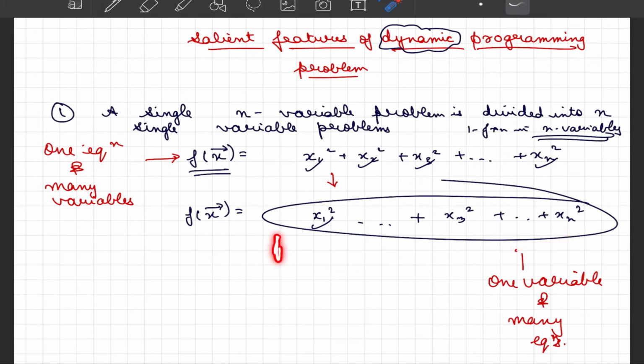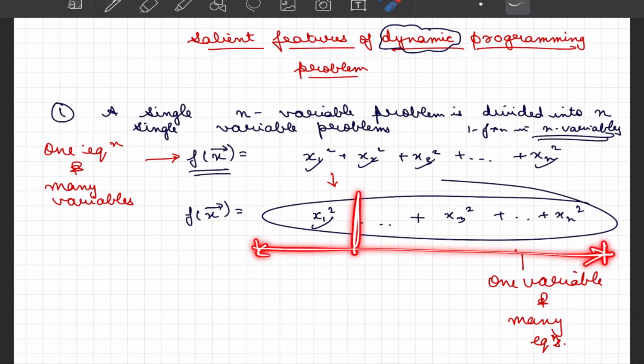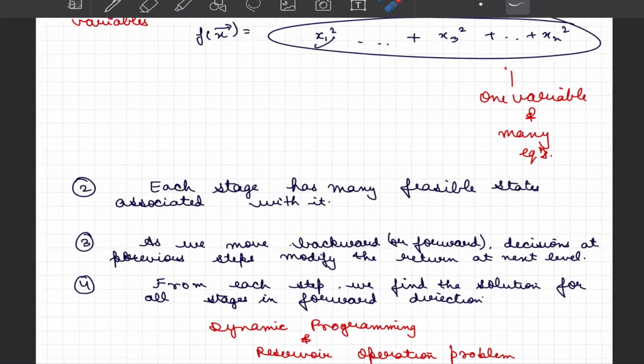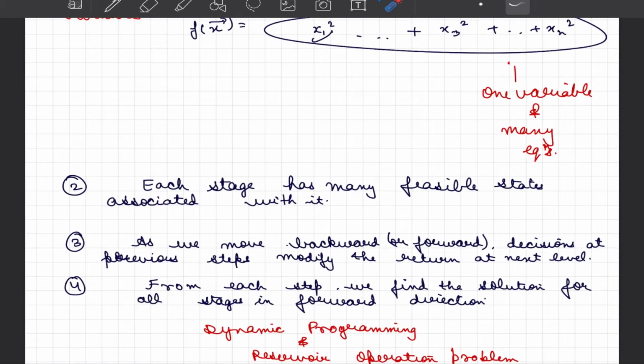And when we reach this point, ultimately, we should be able to perform the calculations such that we know what is the best solution up to here and then add this new element, and hence the entire system is optimized. So to make it clear, we'll try to look into more examples as we did for the water allocation problem in case of cities. We can also extend that to a reservoir problem.